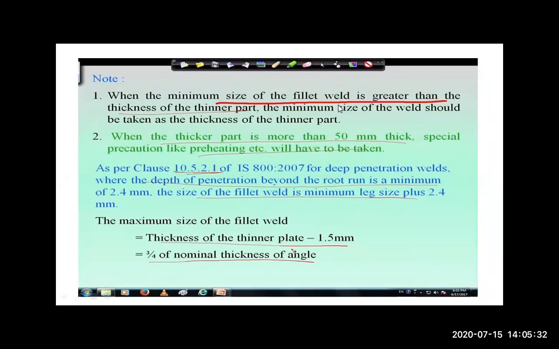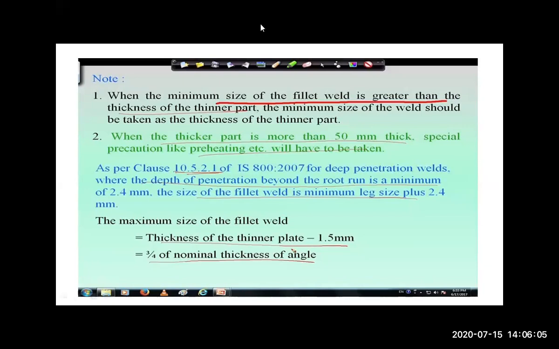When the minimum size of fillet weld is greater than the thickness of the thinner part, means the thickness of the thinner part is, if 3 mm, then the minimum size of the weld should be taken as the thickness of the thinner part. That means if the plate thickness is less than 3 mm, say 2 mm, then you have to take 2 mm. The table gives 3 mm, but if the plate is thinner, then 2 mm or 3 mm should be taken accordingly, such is the note.